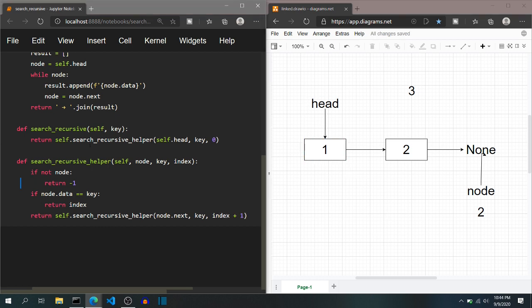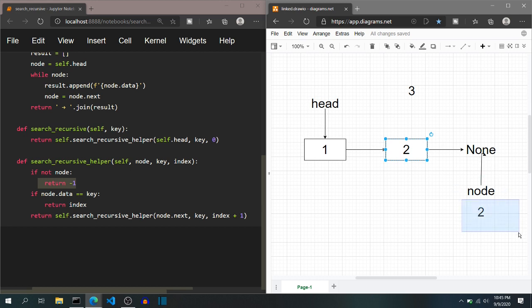Again, for the third call, the node passed is none, index is 2, and key is 3. Now this if condition will trigger because node is none over here, so this will return -1, and this is correct because it knows that all the nodes in the linked list have been checked before it reaches the none value.